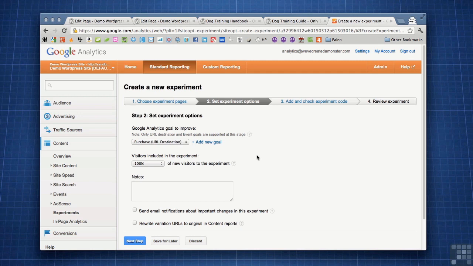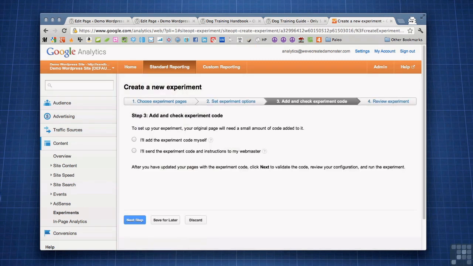So what this will do is it'll tell Google Analytics when they're shown version A or version B, and then they hit this goal, we know that that defines a conversion. So we'll let them know what a conversion means to us. So we'll click next step. Now this next step, you do have to add a little bit of JavaScript to your page. So if you're unfamiliar,